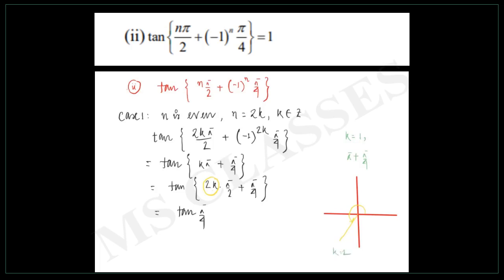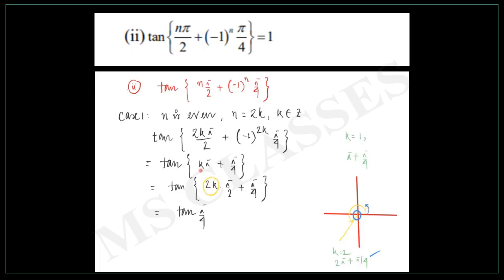Now when k equal to 2, then what will happen? It will be 2 pi plus pi by 4. Now children, when it is 2 pi plus pi by 4, 2 pi means what? One complete circle plus pi by 4. So that will terminate in which quadrant? This one gives us a complete circle plus something, plus pi by 4. So that will terminate in which quadrant? First. That will terminate in the first quadrant.